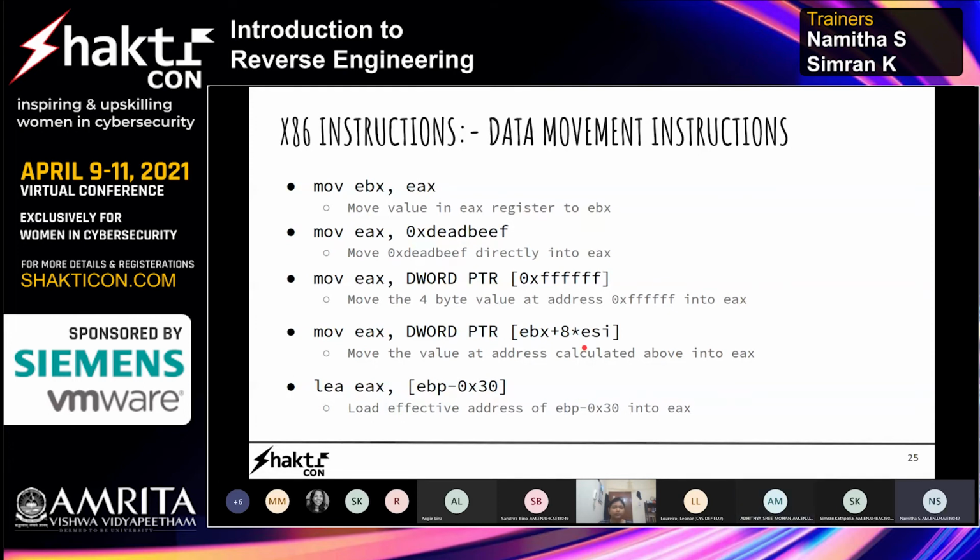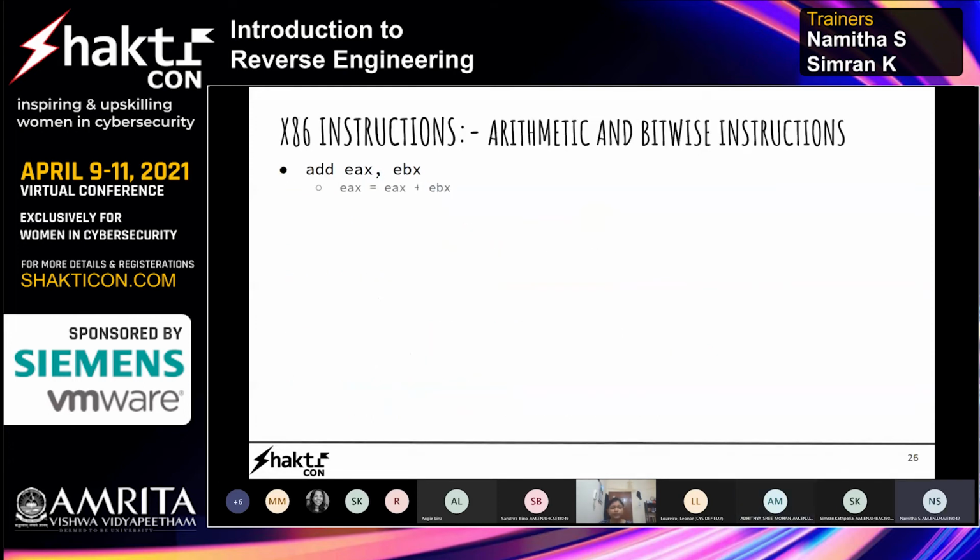Okay, so I'll move on. Next comes the arithmetic and bitwise instructions. This is basically an add instruction. EBX will have some value and EAX will also have some value. You are adding the values in EAX and EBX and then moving the result to EAX.